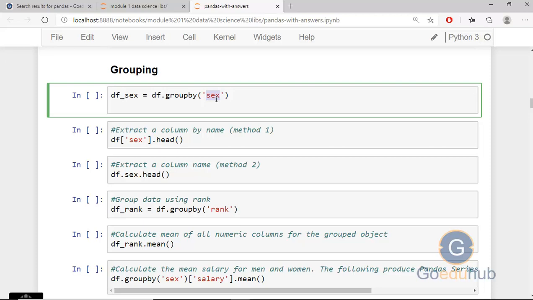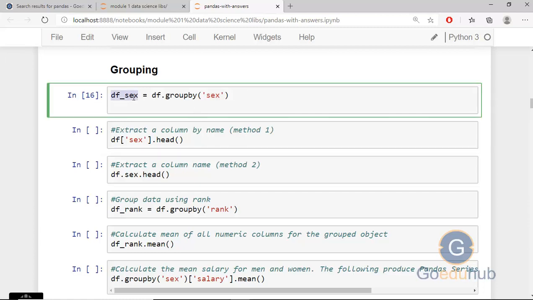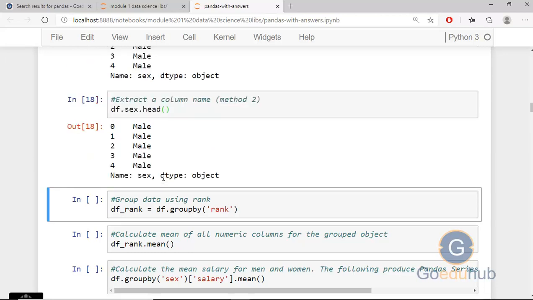Okay, so I can run this block and finally extract a column by the name. We just want to check what is inside df_sex. Before that, we will check this particular column, df sex. The df sex column will have male and female. head is providing only the top 5 records. So here in the top 5 records we have only the males. Basically we have male and female, and we can extract the column values like this also, df.sex.head. Both are the same. Now we have grouped the data.